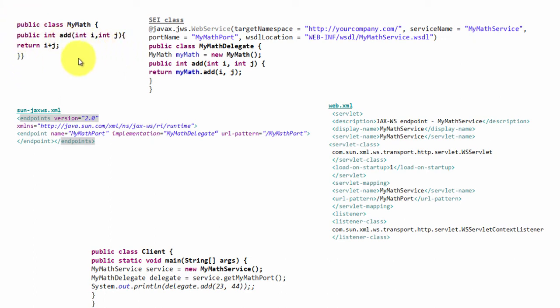In my example, MyMath is the program to expose as a web service. To expose any program as a web service, you should annotate it with the web service annotation.